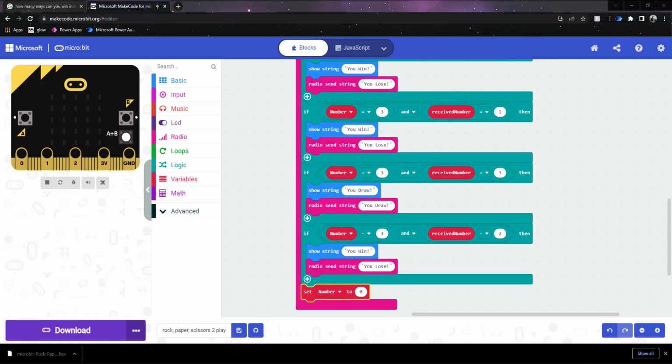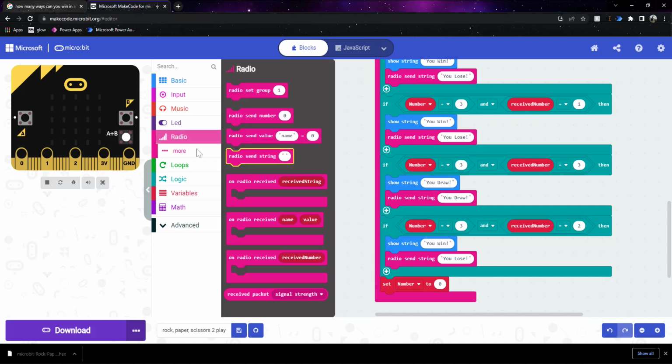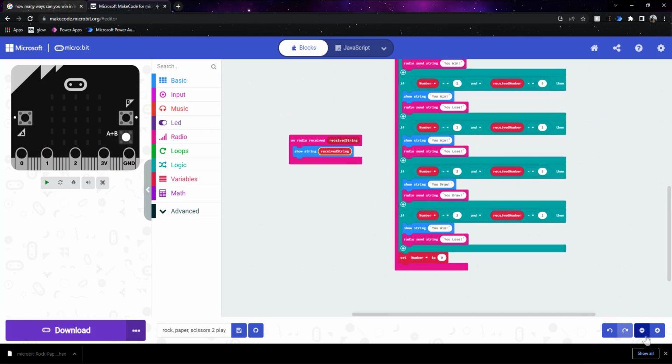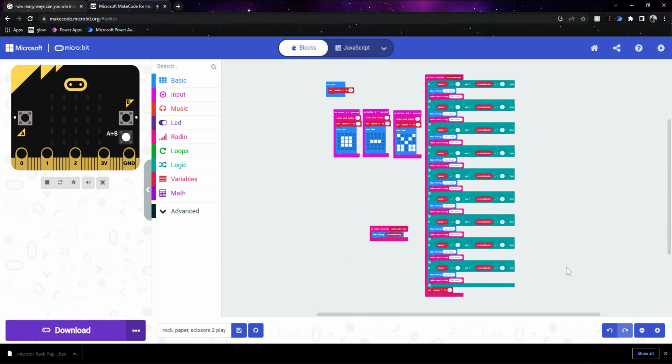And for the final step, we want to do on radio receive string. Make sure this time you're putting string, and show string, receive string. And that's it done. It was very simple and not too hard. And if you test out on this bit over here,